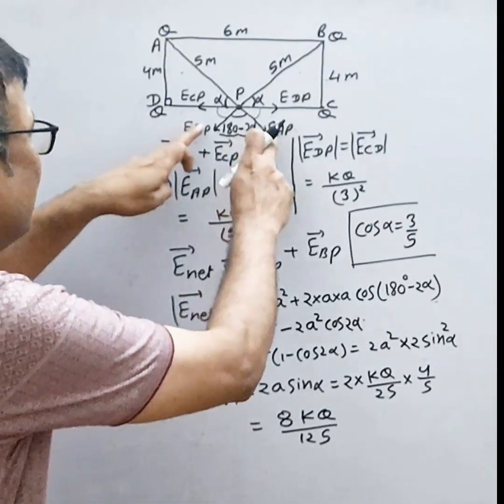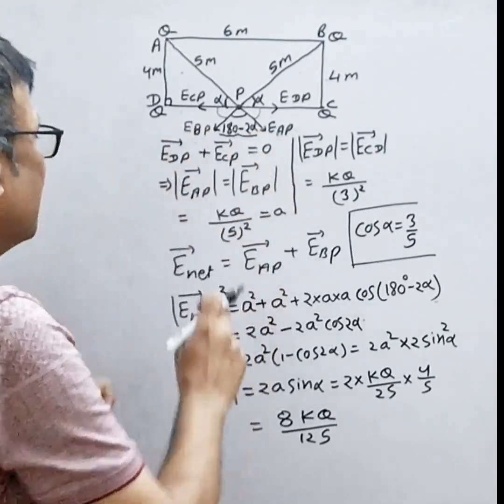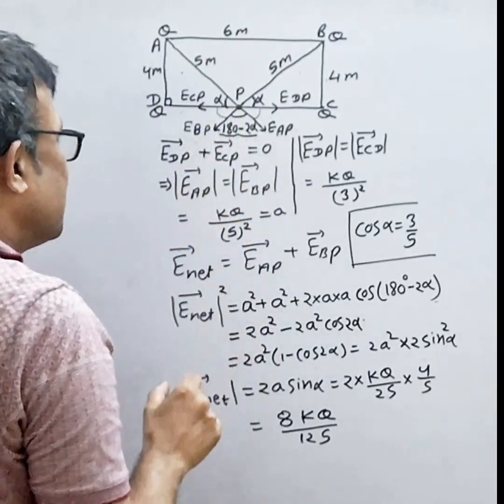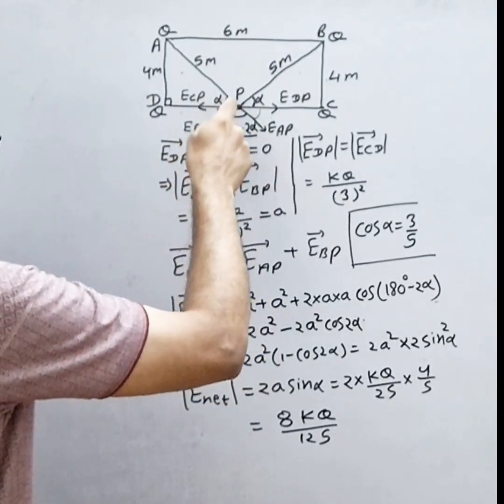As the magnitudes of these two electric fields are the same, the net electric field will be along the angle bisector of these two vectors. It means the net electric field will be perpendicular to the